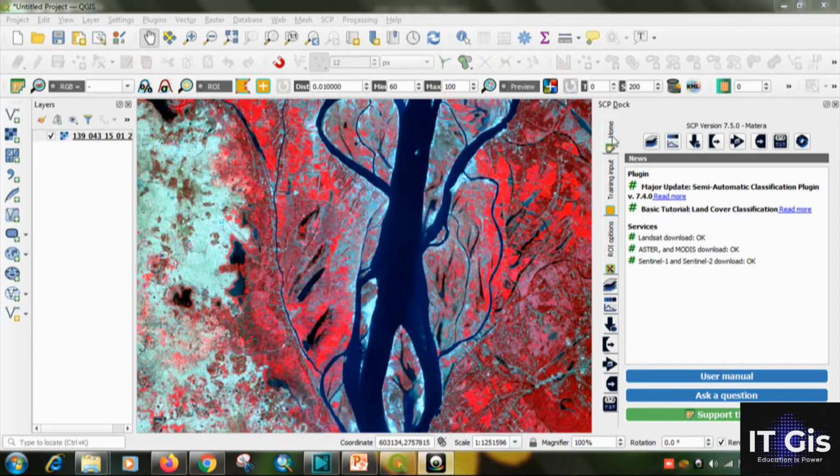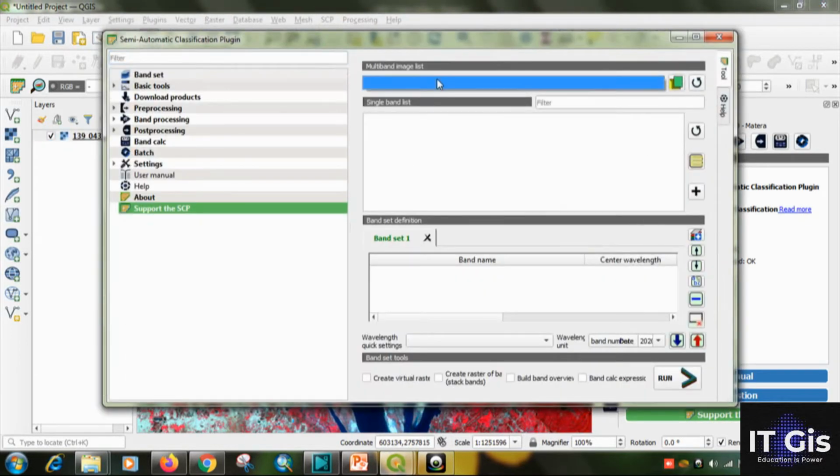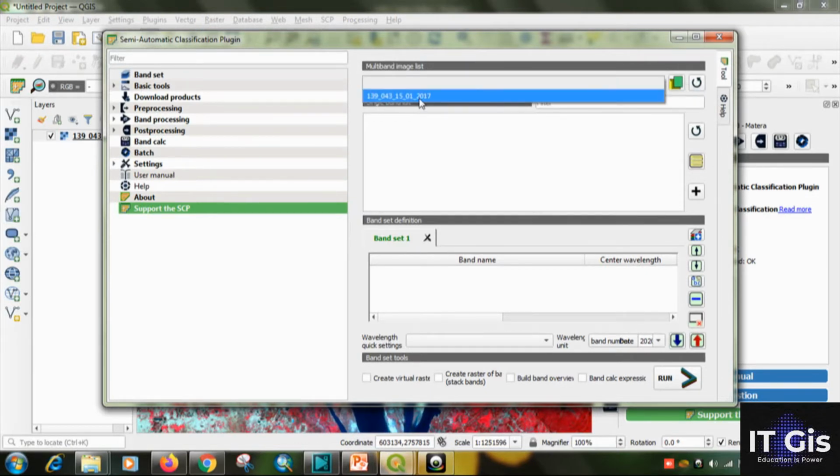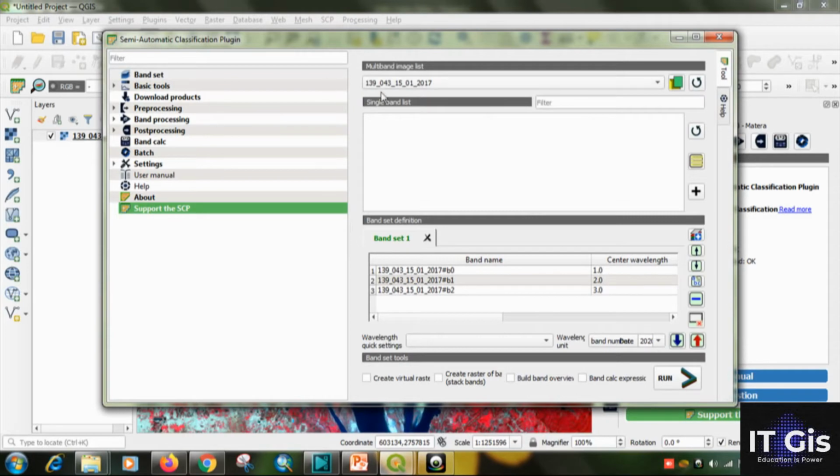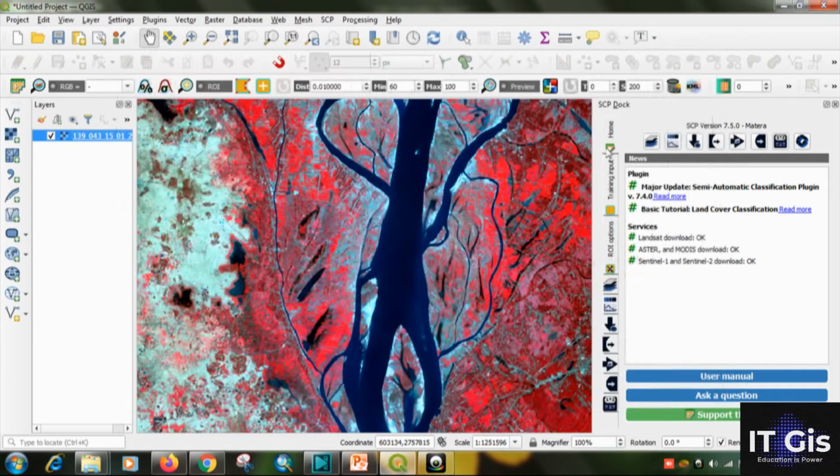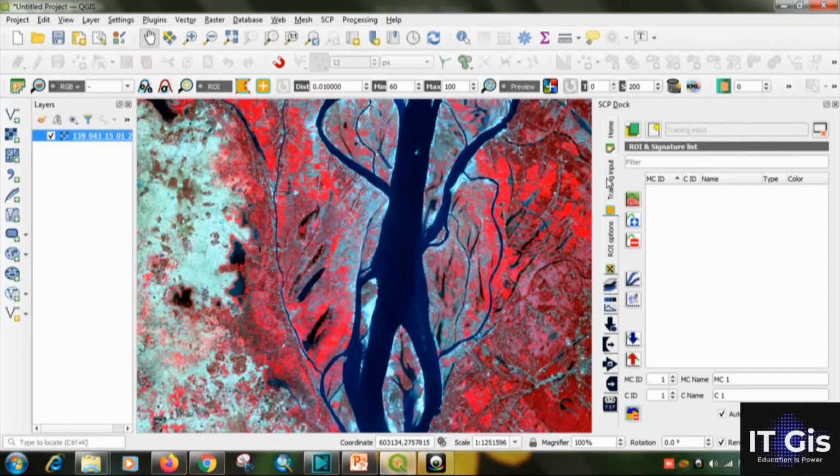Now first of all, go to home, then click on band set. Select the image. If you don't see it here, just refresh it, and you can see the image here. Select the image and close the window. Then go to training input. Click on create a new training input.